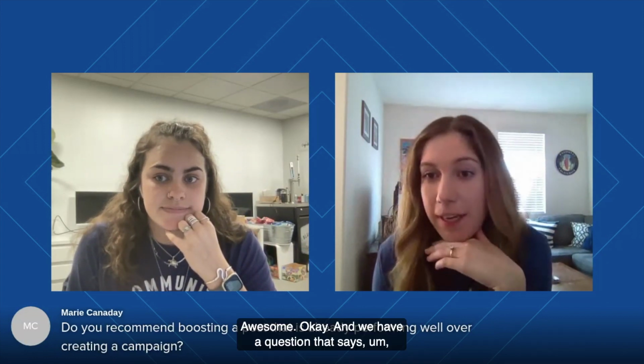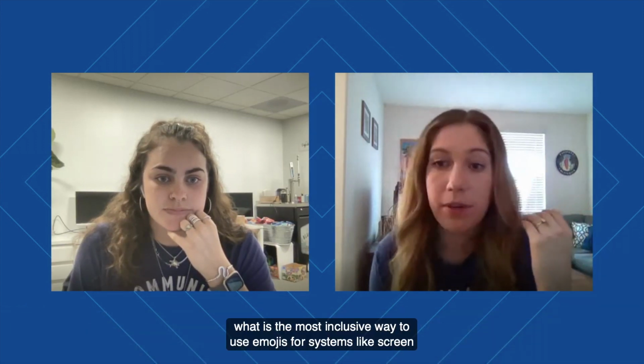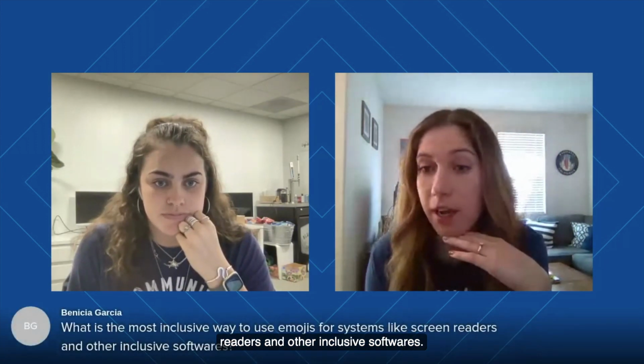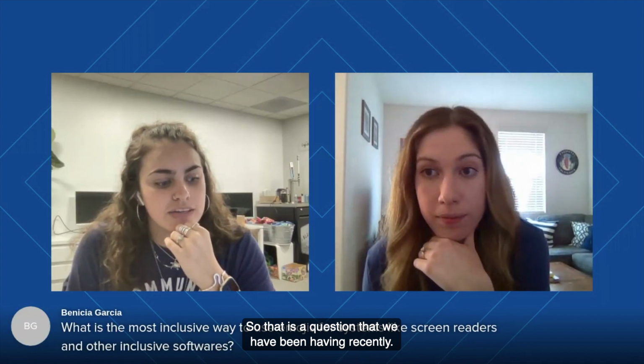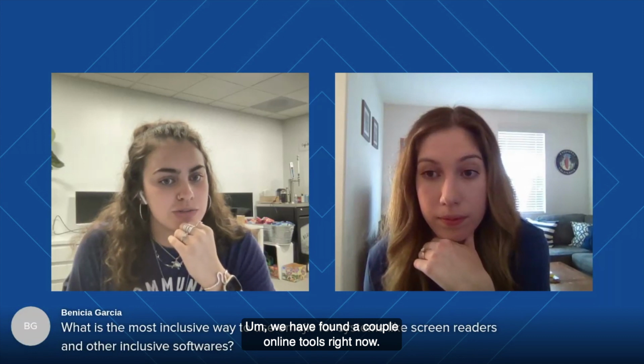Awesome. Okay. And we have a question that says, what is the most inclusive way to use emojis for systems like screen readers and other inclusive softwares? Mm-hmm. So that is a question that we have been having recently. We have found a couple online tools. Right now,